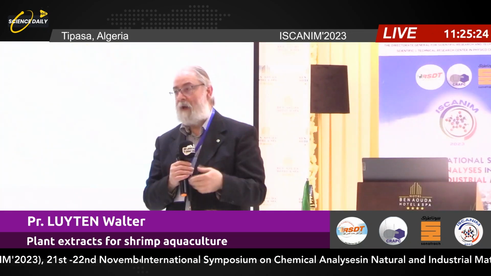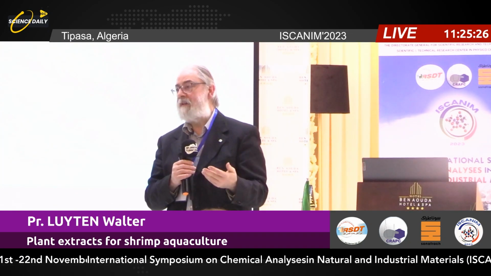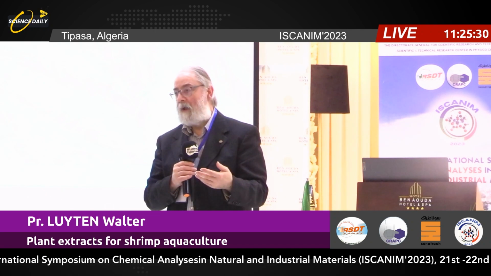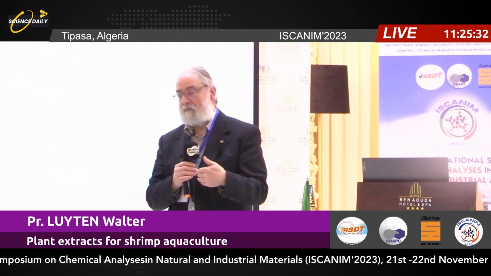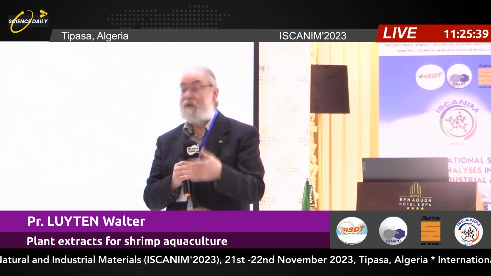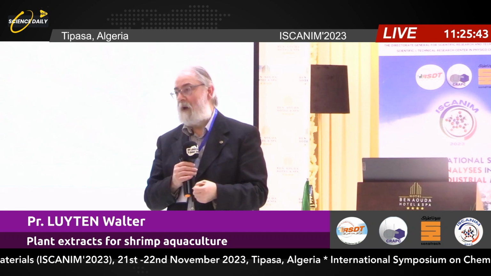Now, most of these plants can be cultivated, so it is possible to grow them, but of course they would need to be grown at much larger scale to satisfy the market demand, if there would be a significant switch to these plants for use